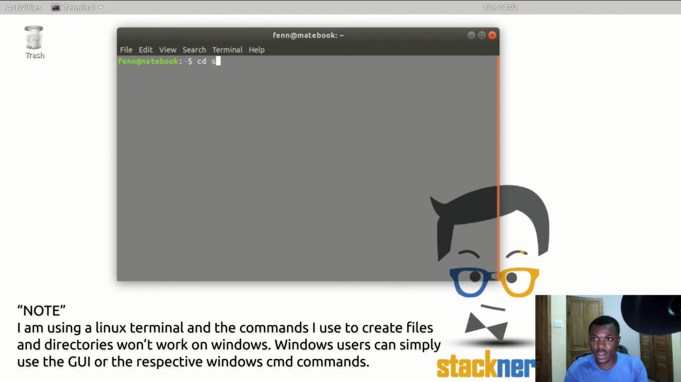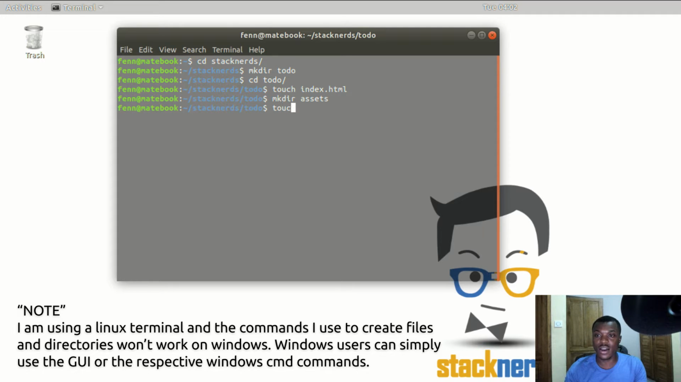Straight away, I'm going to get into the StackNet folder, and I'm going to create a directory. I'm going to call it todo. I'm going to get into todo, and I'm going to add a file index.html. I'm going to make another directory called assets to hold our assets, and I'm going to add two other